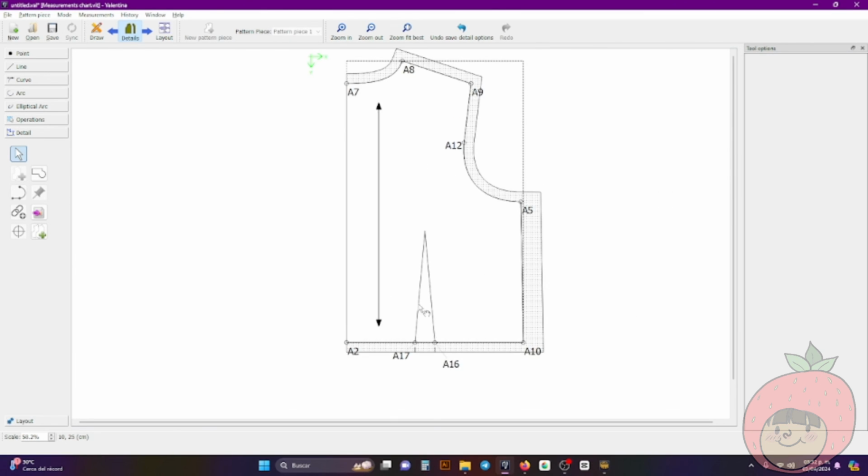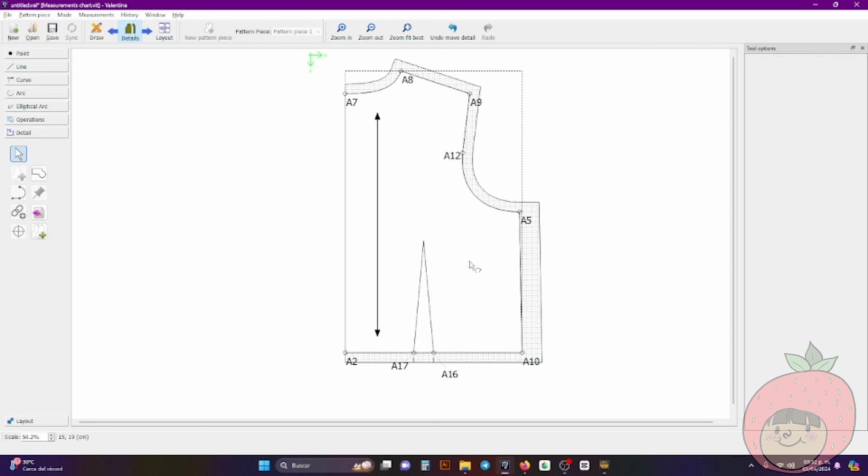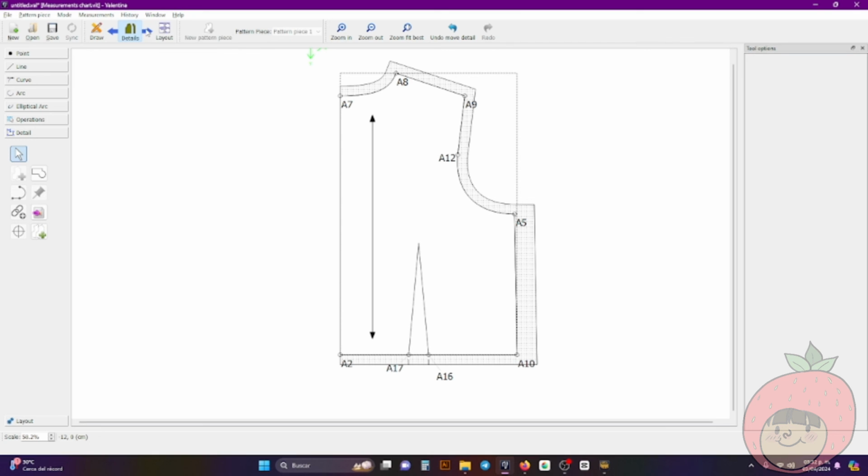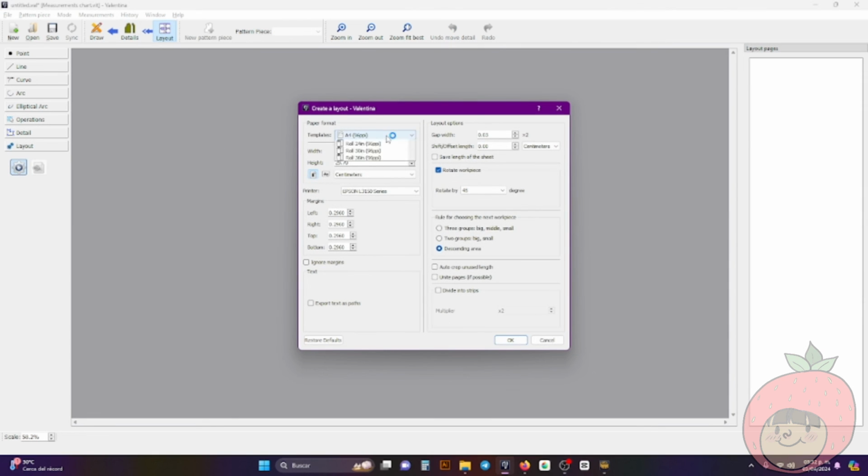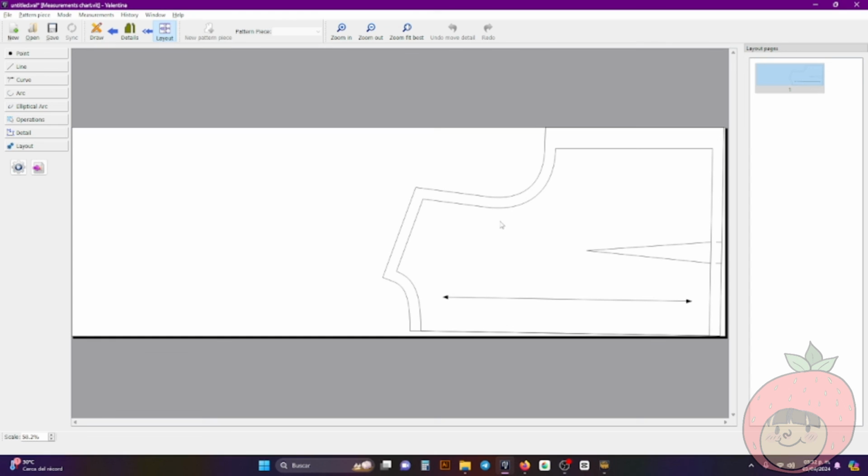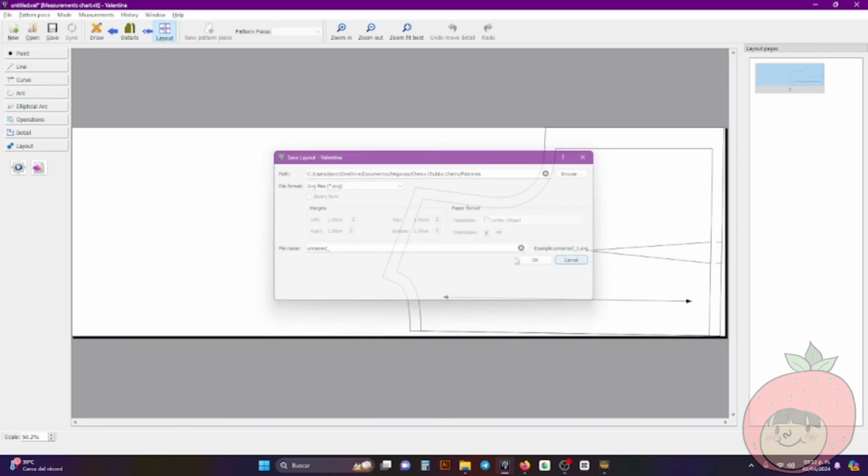You have your notches. Now I want to print it. How do I do it? Go to the layout. A4, I don't think it will do its trick. Let's go with the roll of 24 inches and click OK. But you see, there's a lot of paper going on here. I don't like it. So better go back